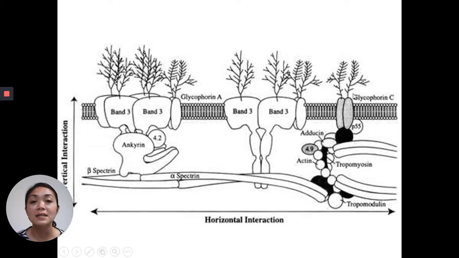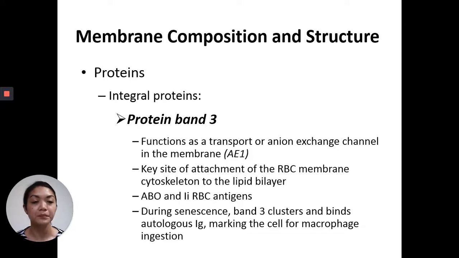And you will know that it has a carbohydrate structure. Kaya mga root-like structures are actually carbohydrates. These are the proteins, carbohydrate. Okay? So, the carbohydrate here is sialic acid for glycophorin, providing the negative charge. Another important integral protein is band 3. Okay, sounds familiar. We've just mentioned it in RBC hemolysis in your